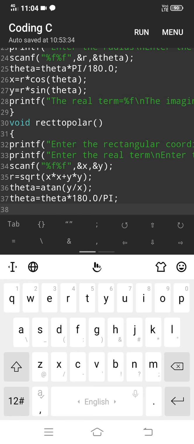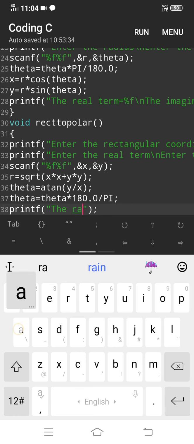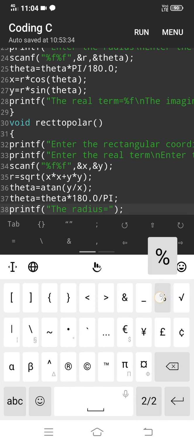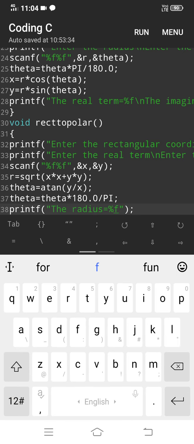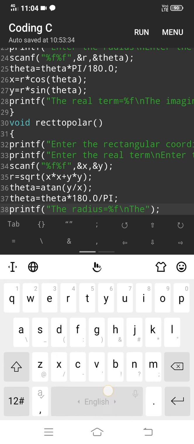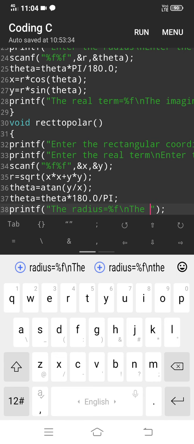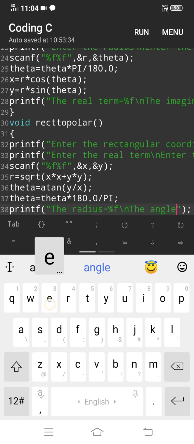So we print these values using the printf statement: the magnitude, or the radius, is equal to format specifier %f, and the escape sequence backslash n goes to a new line. The angle, this angle is in degrees, we have converted in the above line, the angle is equal to %f.